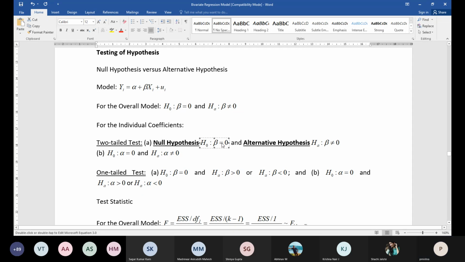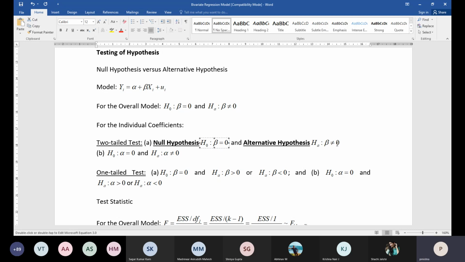against an alternative hypothesis. It may be beta not equal to 0, a two-tailed test, where we are not very sure what would be the direction of causality, sorry, nature of the causality, positive or negative. When we are not sure, there are arguments and counter arguments, like what we were discussing yesterday about the relationship between R&D and, say, advertising, or the relationship between R&D and foreign technology purchase. We are not very sure. There are both sets of arguments. So we can go for a two-tailed test and we can write beta not equal to 0.